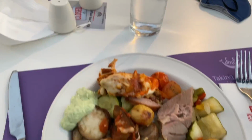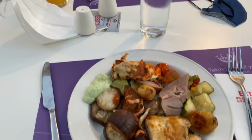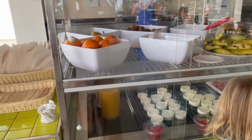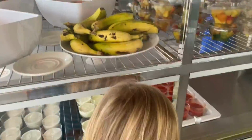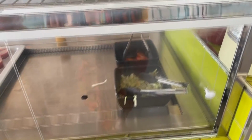We have dinner for two again. Voila. Et voila. And voila. The hotel has said that we can take some food out to the room, which is helpful. This is the snack bar around 3 p.m. So we've got fruits, some jelly, some yogurts, some different salady things, some tuna sandwiches,